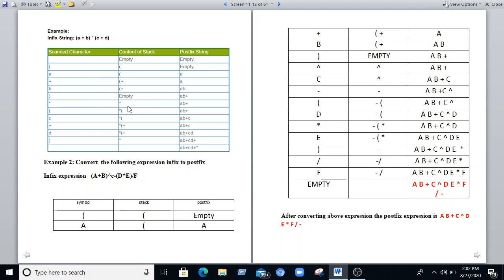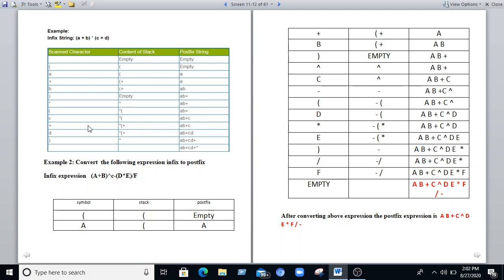We'll place that element into the stack, and the postfix string is like this, A B plus. We'll go with the next element, that is C. C can be placed into the postfix string, and plus can be stored into the stack.